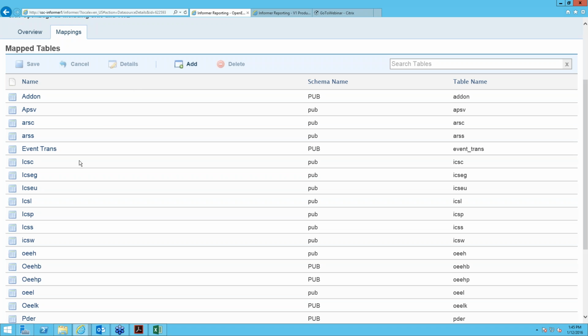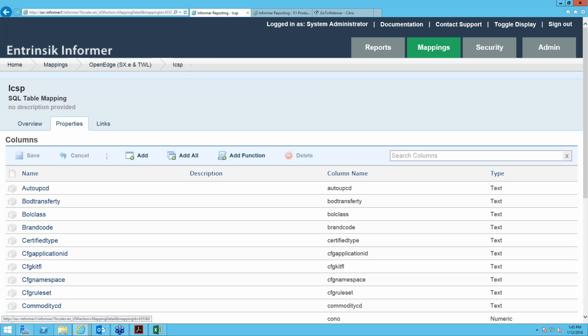For example, ICSP. I'll just look at that. I just clicked on ICSP, which is the warehouse product. I'm still getting used to the terminology. But whenever I first identify the table